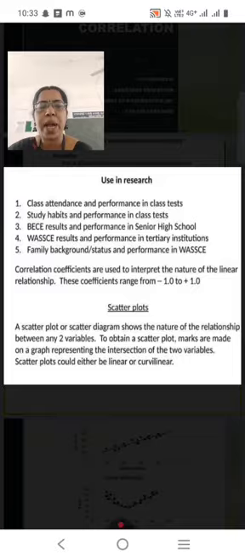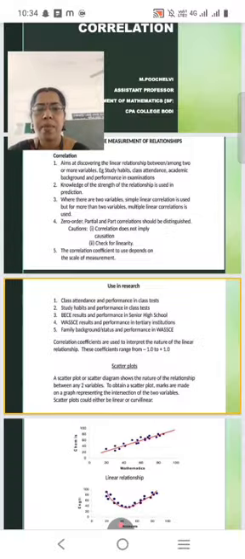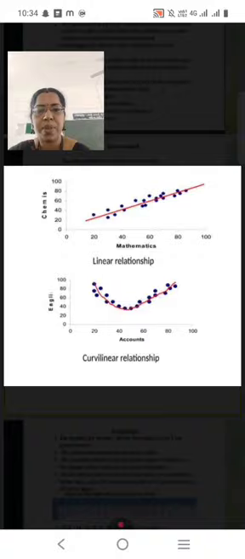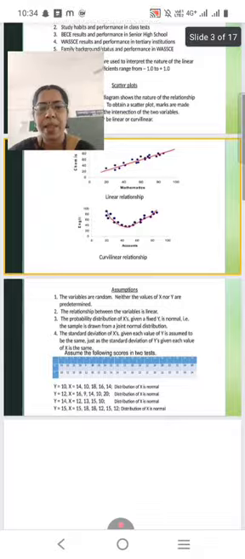Scatter plots could either be linear or curvilinear. This is the diagram of a linear relationship. Curvilinear relationship. A linear relationship is a straight line. This is the linear relationship. This is the curvilinear relationship. Next one,